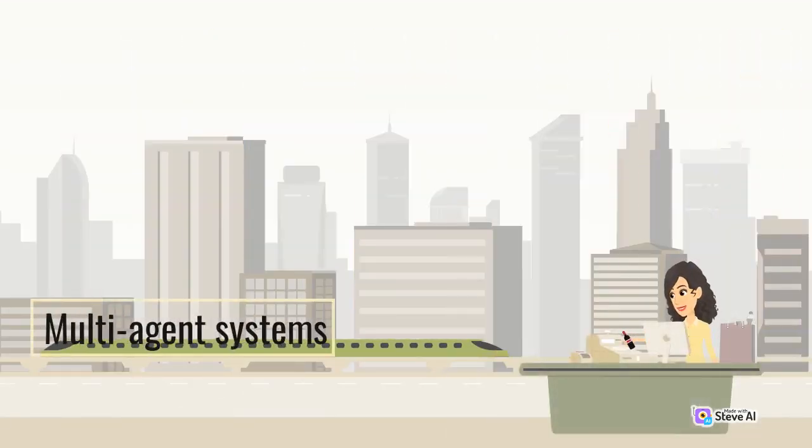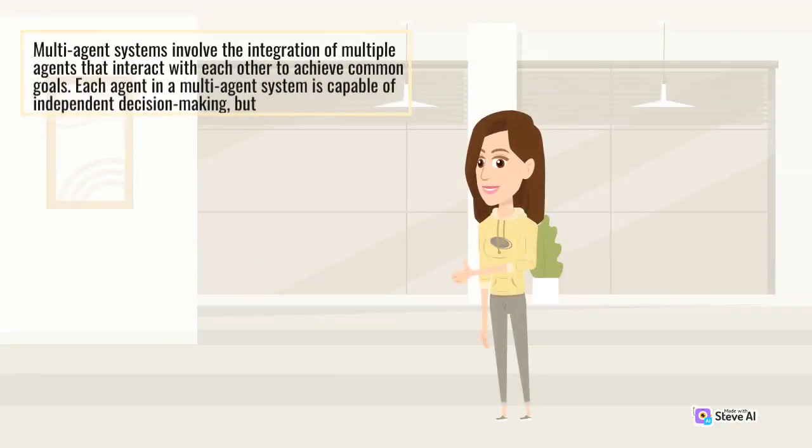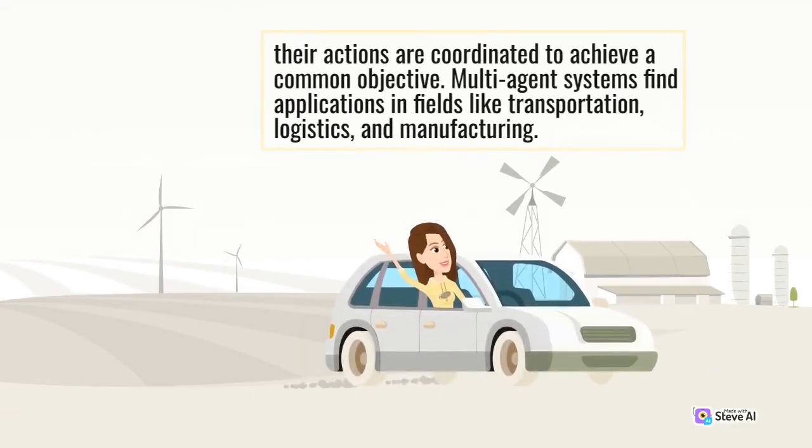Multi-agent systems. Multi-agent systems involve the integration of multiple agents that interact with each other to achieve common goals. Each agent in a multi-agent system is capable of independent decision-making, but their actions are coordinated to achieve a common objective. Multi-agent systems find applications